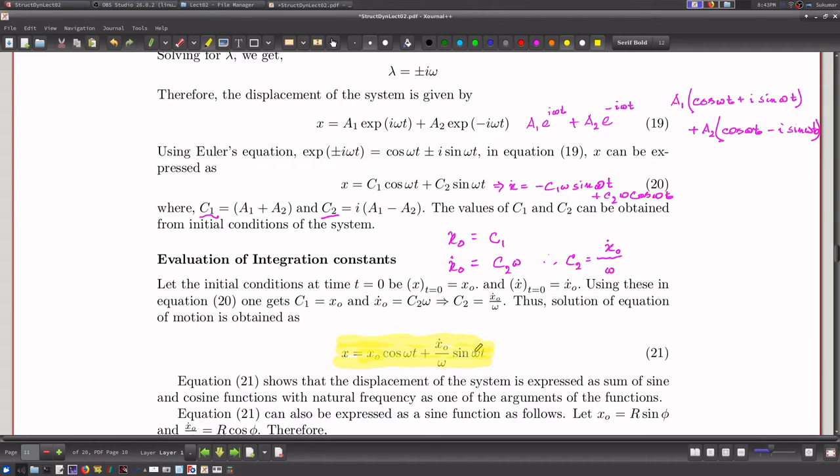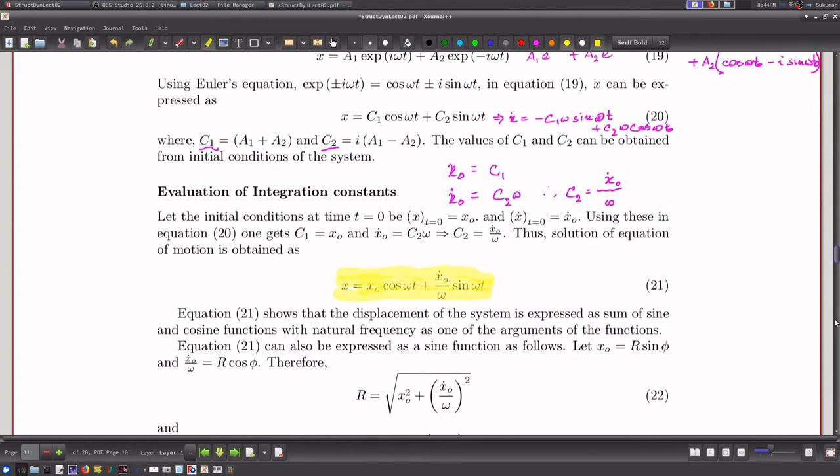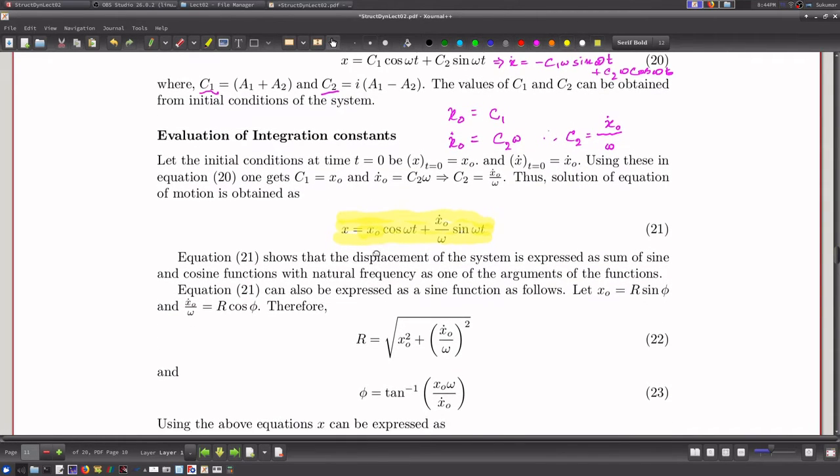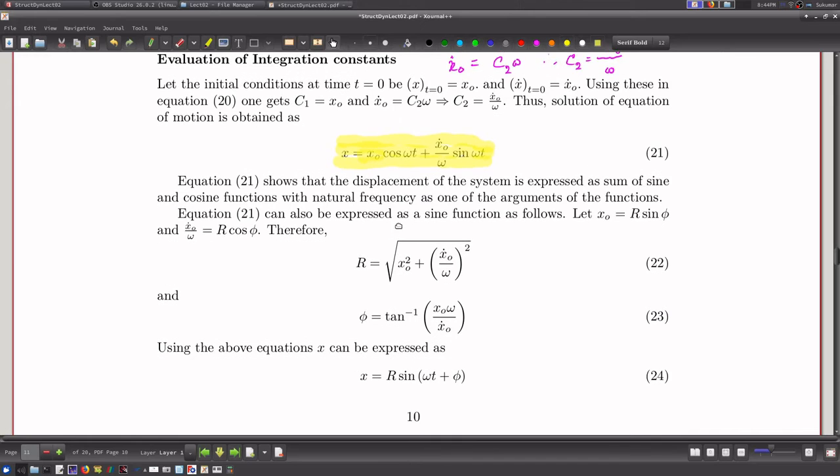And this natural frequency is the argument of this sine and cosine functions. Now any sum of two harmonic functions, you know that we can express as either sine or cosine terms,